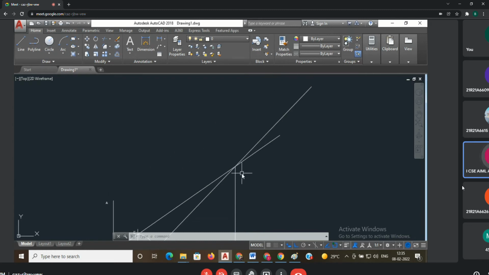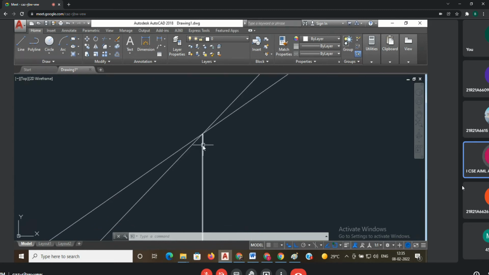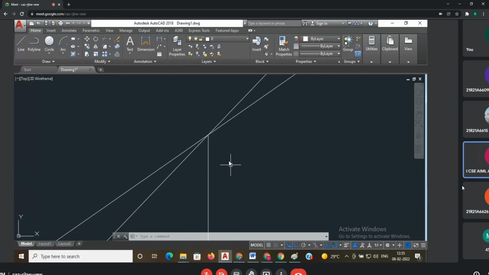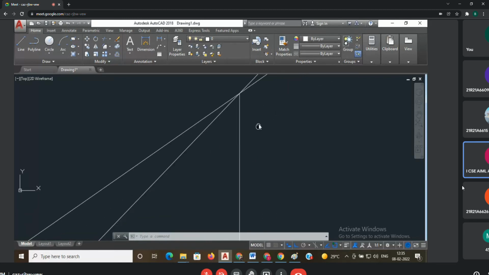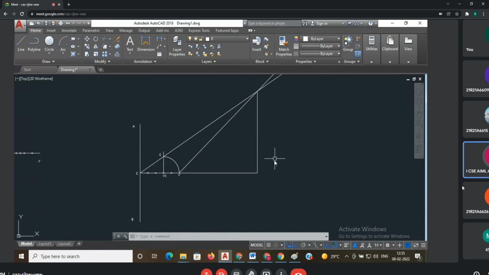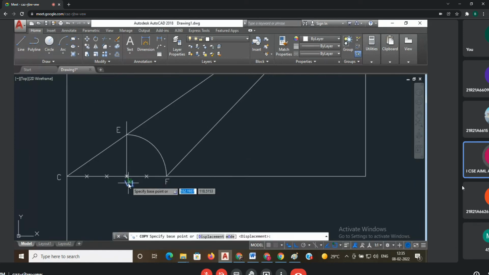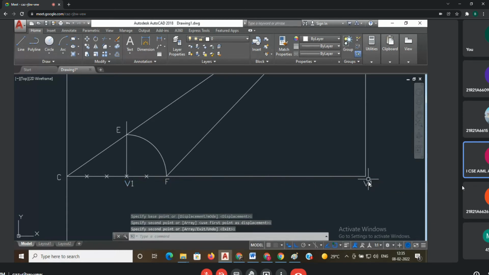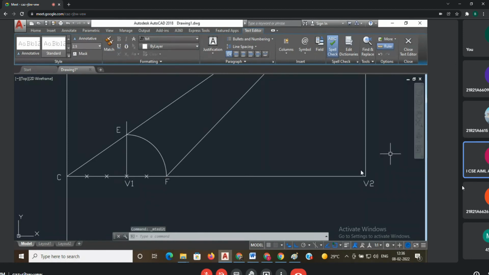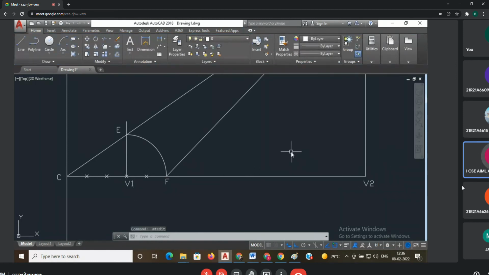And you have to be careful whenever you are selecting the intersection point. Just zoom the screen and then select the intersection point. Otherwise, sometimes it will select somewhere here or somewhere here. Let's find the intersection point, then draw the vertical line towards the axis. Now, this is your V2. Copy here. This is your V2. Now change this notation. This is V2. Between this V1 and V2, you will get the ellipse.